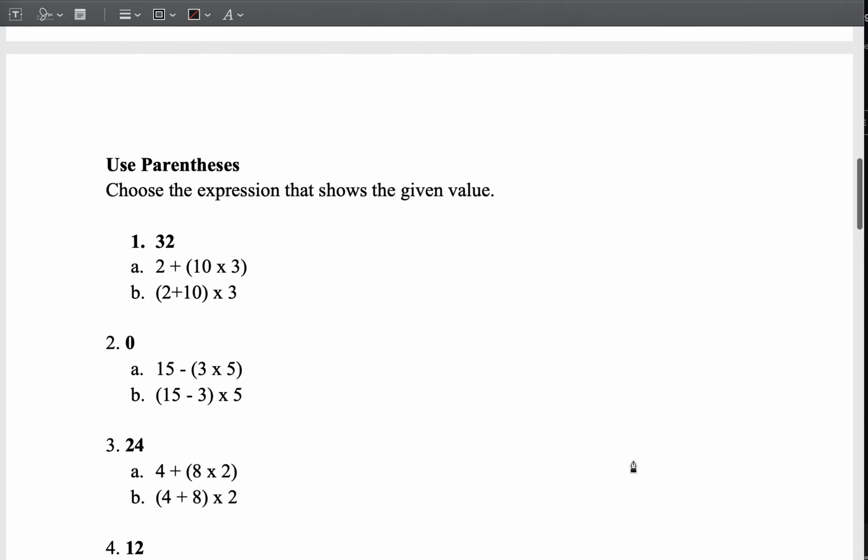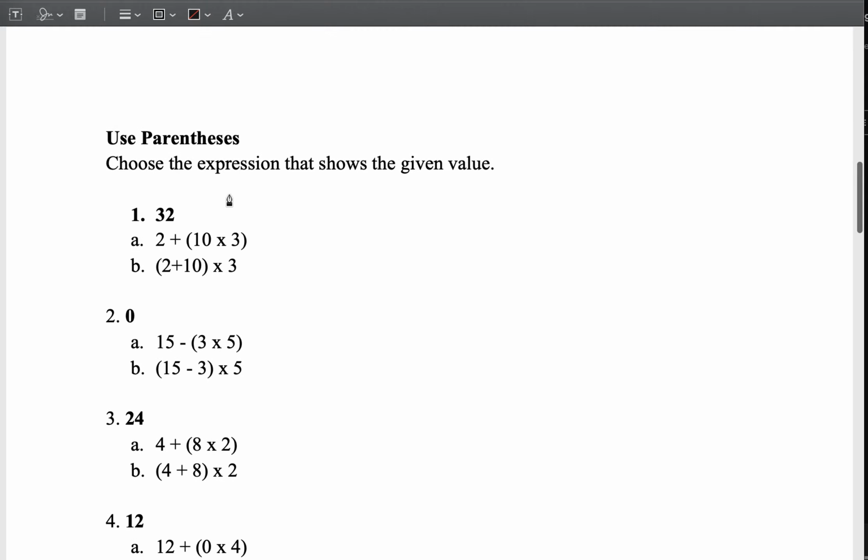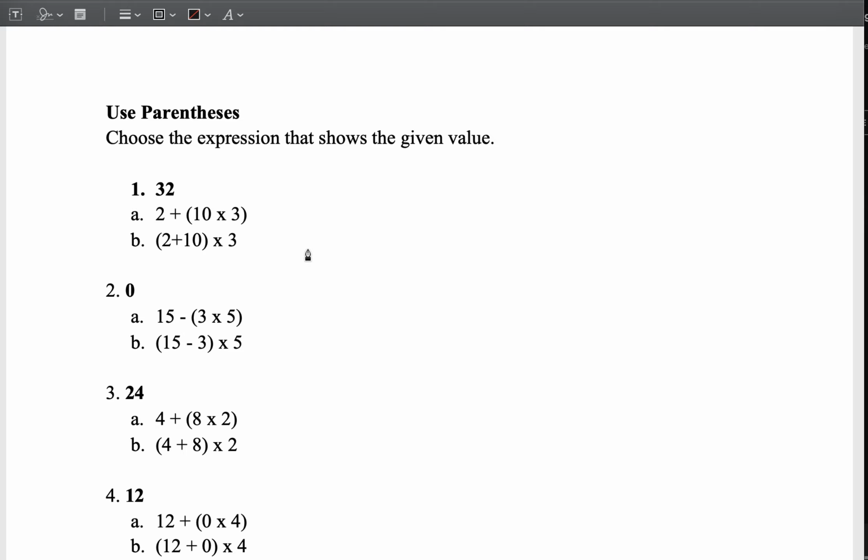Okay, next topic is using parentheses. So choose an expression that shows the given value. Let's start with the first question. So 2 plus 10 times 3. Now, if you know PEMDAS, parentheses, exponents,